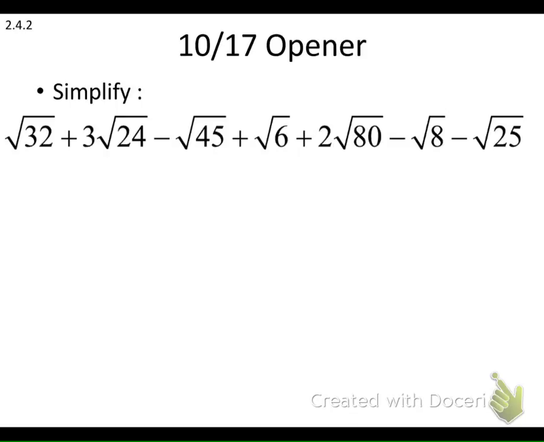So the very first thing that I need to do here is go through and factor each individual square root and put it in simplest form. So I'm just going to have Rihanna go through the first step and factor each square root for me. For 32, 2 and 16, and for 16, 2 and 8, and for 8, 2 and 4, and for 4, 2 and 2, and then